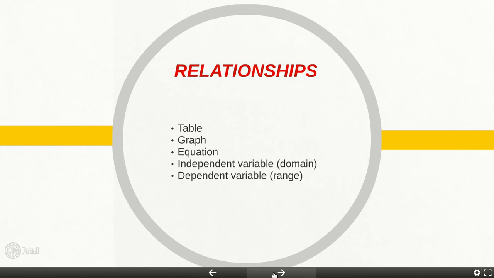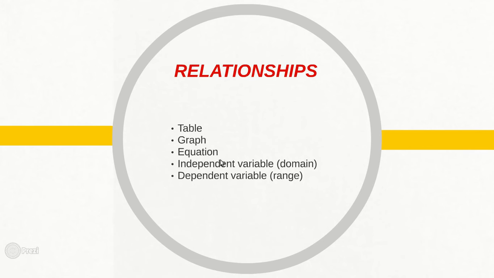First, let me tell you about relationships. There are three ways to represent a relationship. The first, using a table, using a graph, or using an equation. Some books use another way that is a word form. It's kind of explaining either the table or the equation by words. All relationships